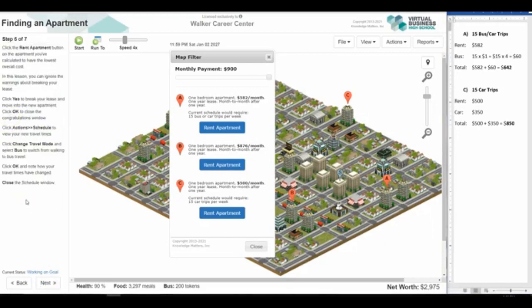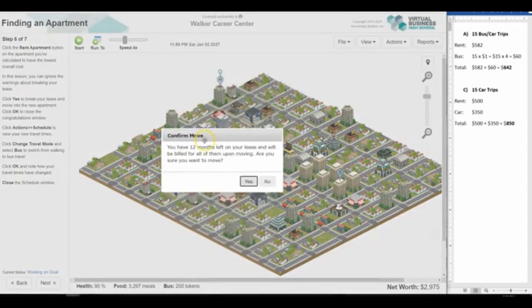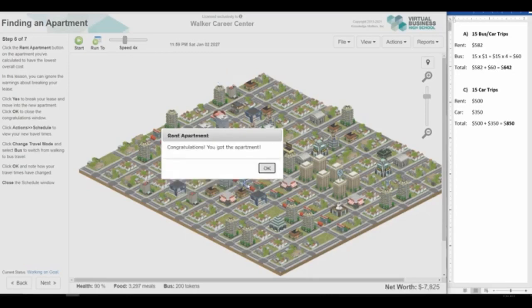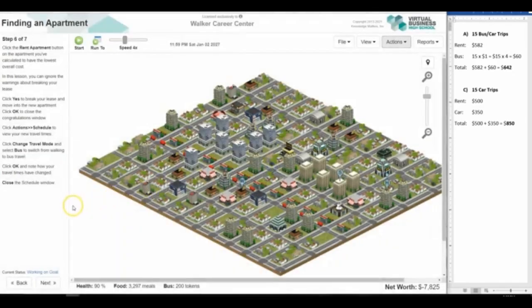Step 6 of 7. Click the Rent Apartment button on the apartment you've calculated to have the lowest overall cost. And click Rent Apartment. In this lesson, you can ignore the warnings about breaking your lease. It says Confirm Move. You have 12 months left on your lease and you will be billed for all of them upon moving. Are you sure you want to move? Yes, we do. Click OK. Congratulations, you got the apartment. Click OK. Click Yes to break your lease and move into the new apartment, and click OK to close the